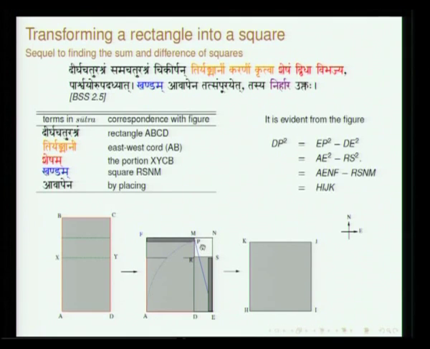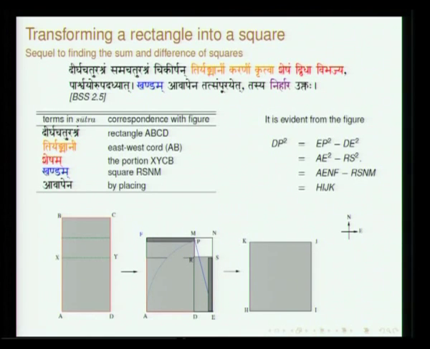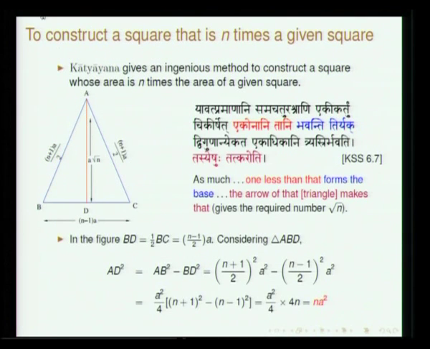Nirharaha means, see, this problem can be visualized the other way also. If you think of this square, all that I need is, this is what is extra here. So, in the constructed square you can think of removing this. Removing this, what is the square that is going to be obtained by me? That is essentially this. That is what is referred to by Nirharaha Uktaha. The procedure to get that has been stated earlier. So, this is the procedure for transforming a rectangle into a square.